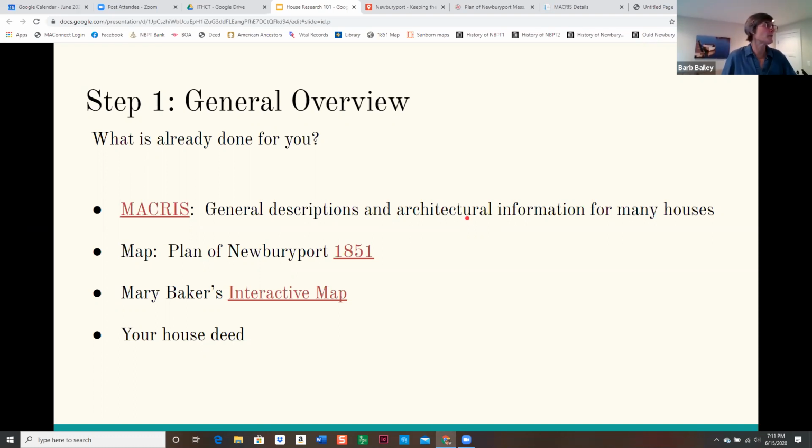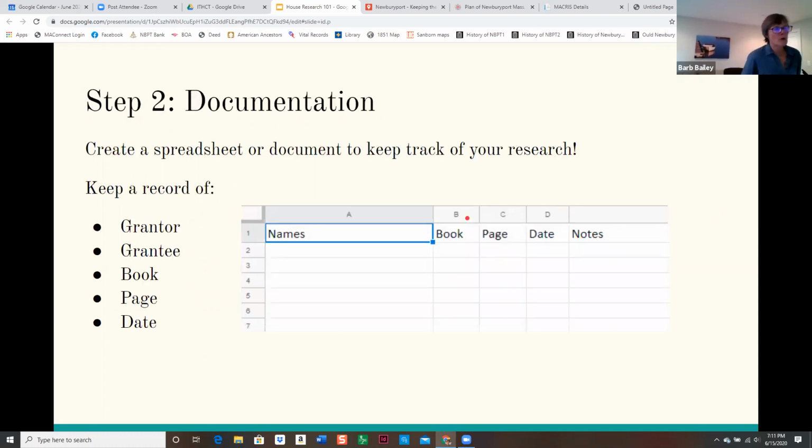actually built your house. So before I ever start doing the research, you definitely want to keep track of what you've done. So I always like using a spreadsheet, but you could just use a piece of paper or a Word document. But the information that I generally keep would be the names of the grantor and grantee, the book and page from Salem Deeds that you can find the deed on, the date that it was signed, and then I always like to keep notes as things change or if there's something that pops out about the